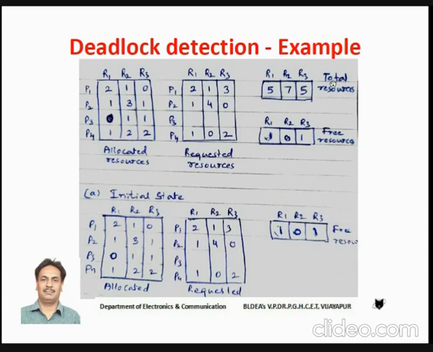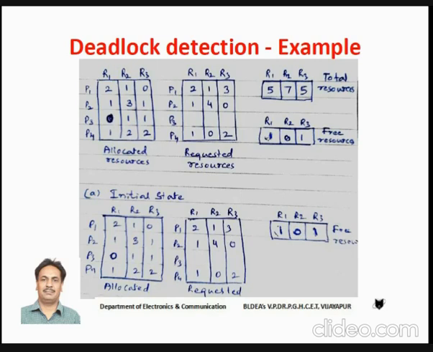So if you look at the first one, we have 5 R1 type, 7 R2 type, and 5 R3 type resources. Apart from that, we have one R1 type, 0 R2 type, and one R3 type free resources. So this matrix, the free resources, gives information about available resources for the processes. Okay, students, now the task is to detect whether there exists a deadlock in this particular example or not.